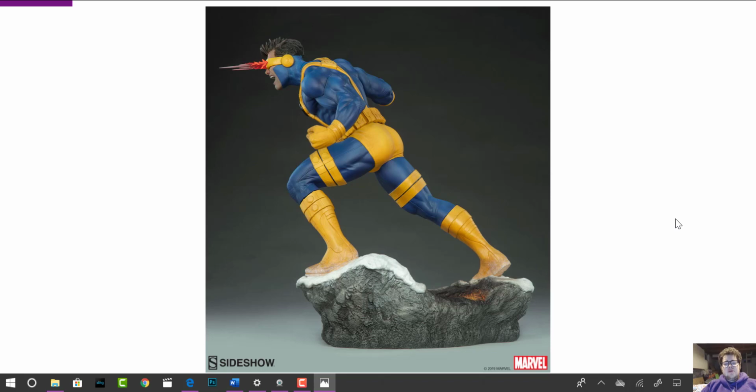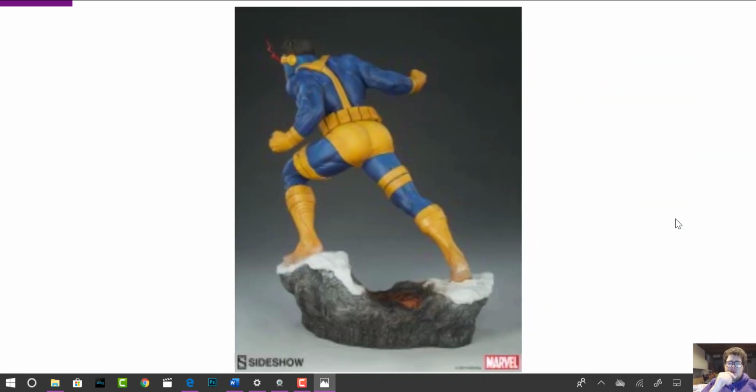Very strange about this piece, there's not an exclusive. At least what I could see, I didn't see that there was an exclusive with this piece, which is one of the first Sideshow premium formats that I've seen without an exclusive. I think there's been one or two, but